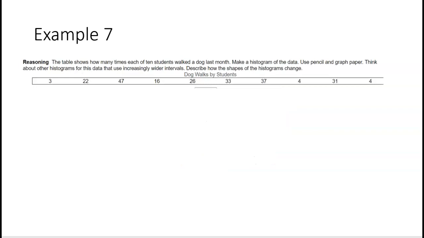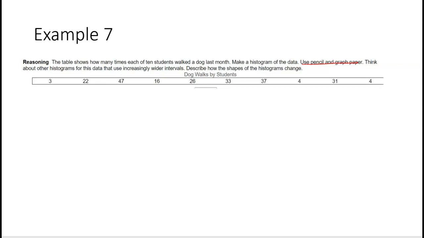Now let's make a histogram. The table shows how many times each of 10 students walked a dog last month. Make a histogram of the data. We're going to think about other histograms for this data that use wider intervals and describe how the shapes of the histograms change. Okay, so first let's